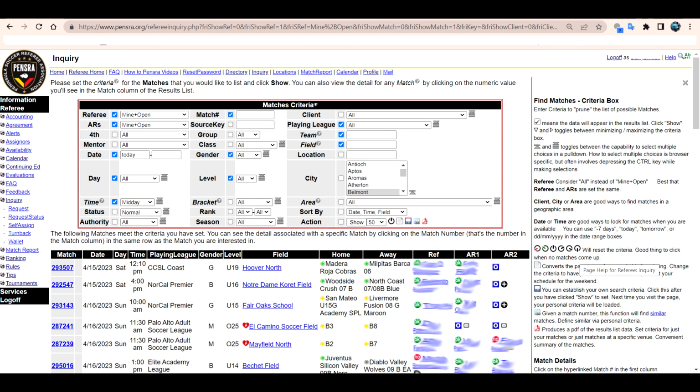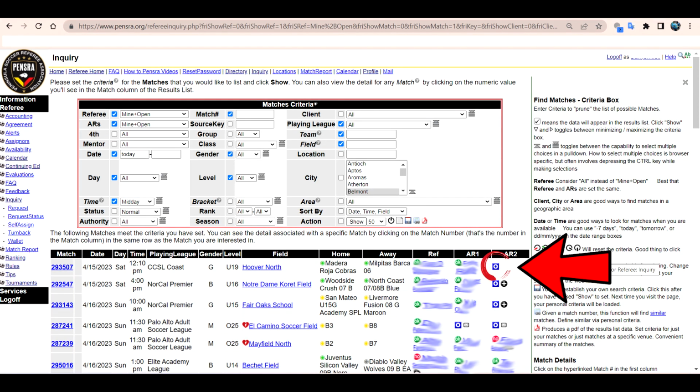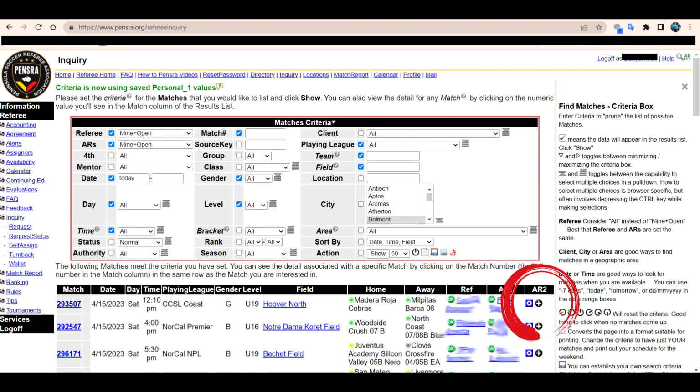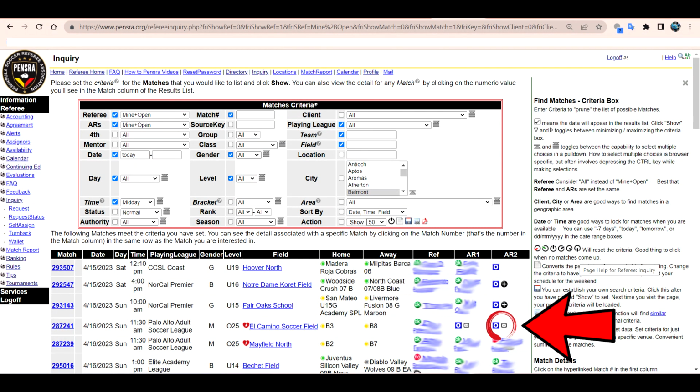Each game will have a center ref, AR1, and AR2 listed. If there is a blue O, that means it is currently open or unassigned. If there is a plus sign beside the O, that means you can immediately self-assign the game to yourself. If there is an envelope beside the O, that means you are eligible to submit for that specific position at